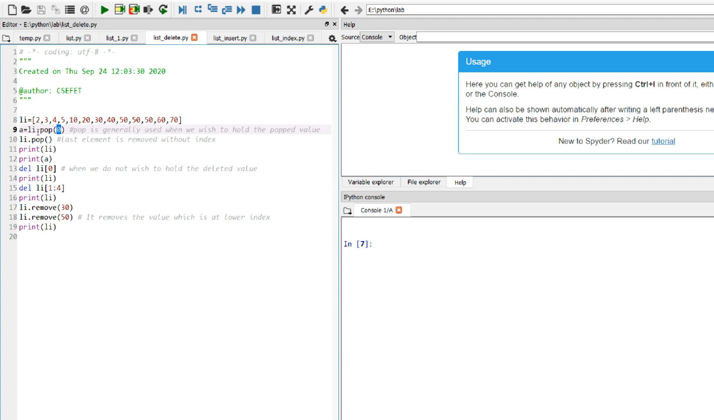And if we do not give any index, remember, then the last value which is there in the list is removed. I repeat, if we do not give an index, then the last value which is there in the list is removed. Okay. Now this is how we have used pop in this program,